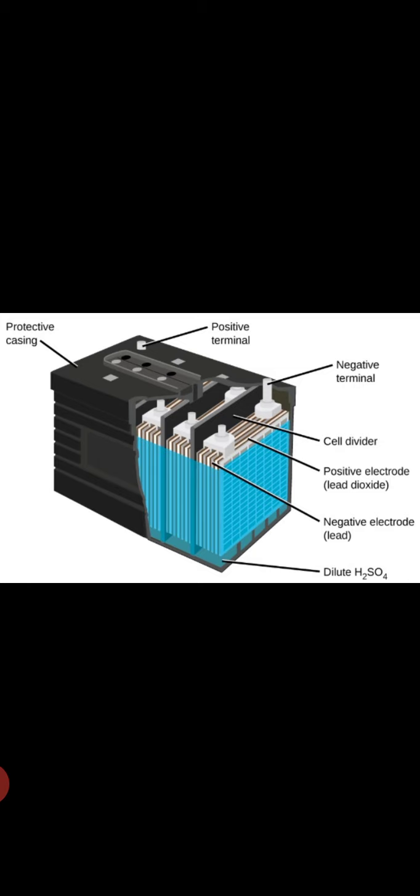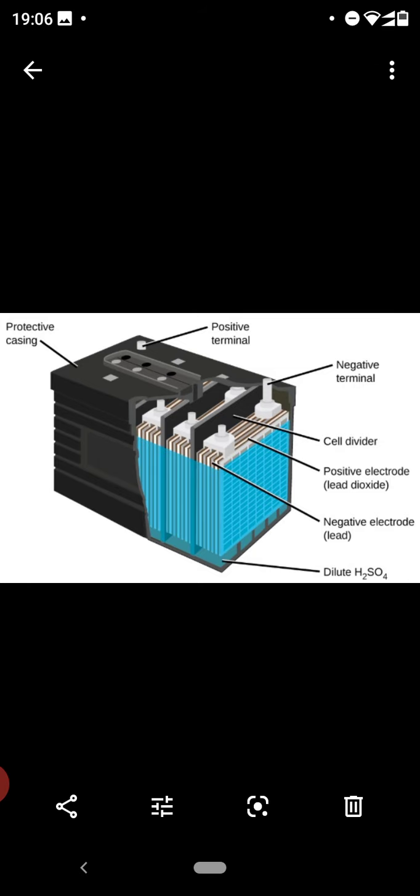And the electrolyte is nothing but dilute sulfuric acid. For that reason, as you have seen, from time to time you have to add water to it. Why? Because the acid gets concentrated. How does it get concentrated? Because water evaporates. In the discharging and recharging processes, water is released from the air holes and evaporates. So the acid gets concentrated. To keep the acid dilute, from time to time you have to add water to it. Got it? Because dilute sulfuric acid is a good conductor of electricity, not concentrated. You know that. So from time to time you have to add water to it.